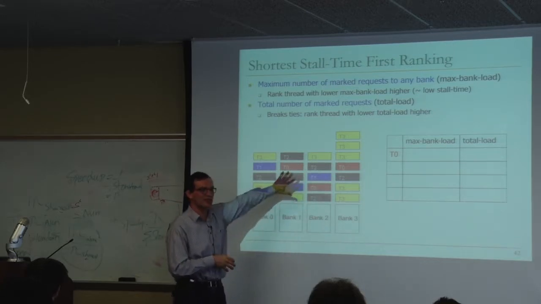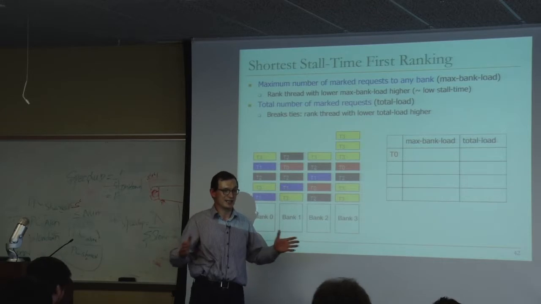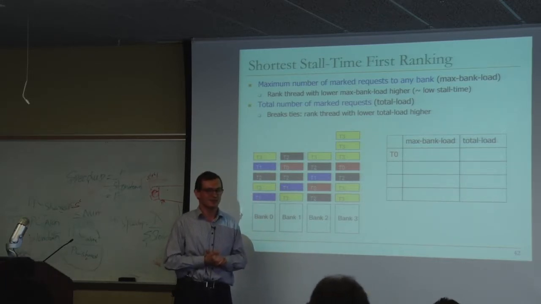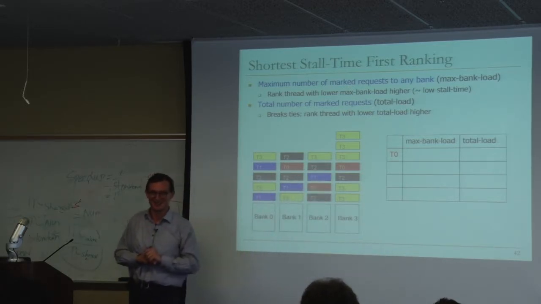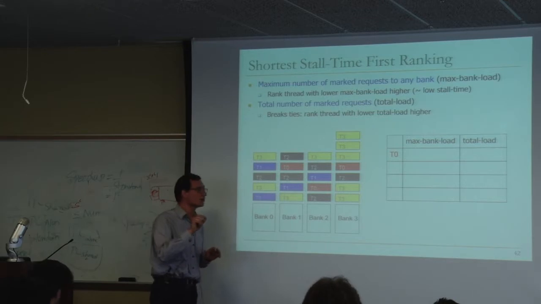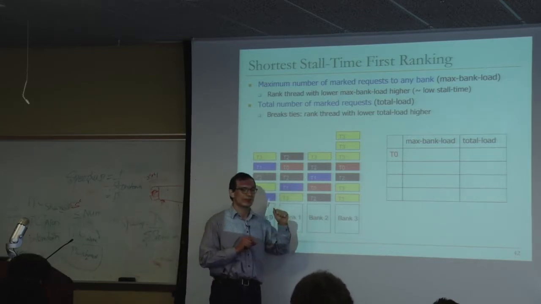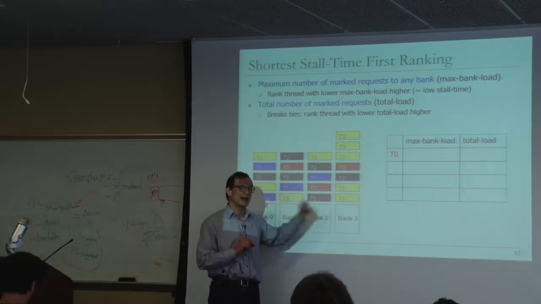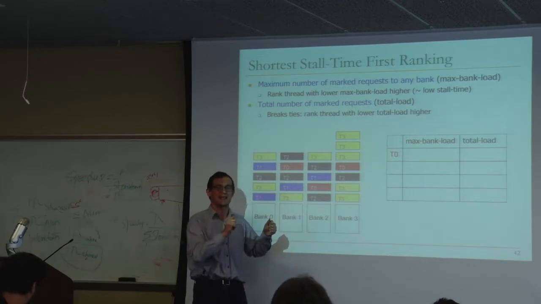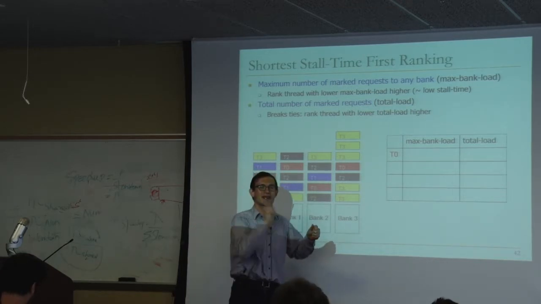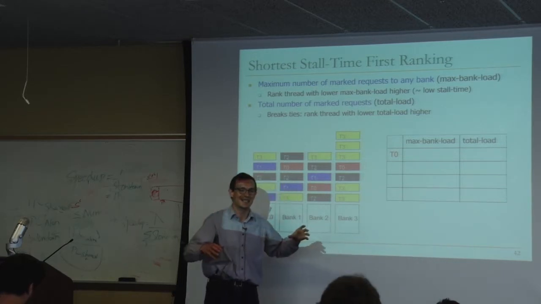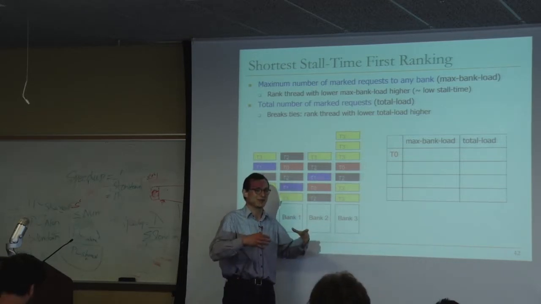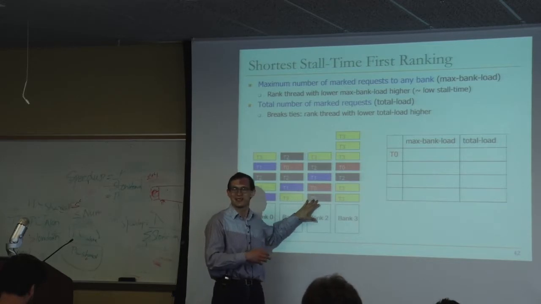But this demonstrates the concept of parallelism awareness and why that could be useful. And maybe you can come up with an easier way of implementing this, not necessarily like this. An easier way, maybe not to form the full ranking, but let's say you pick a thread and prioritize its requests, and then you pick another thread and prioritize its requests, and then pick another thread and prioritize its requests. That way you don't explicitly form a ranking, but you kind of get the effect of parallelism awareness, right?